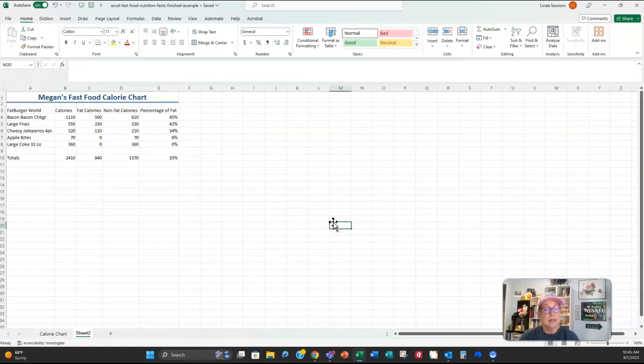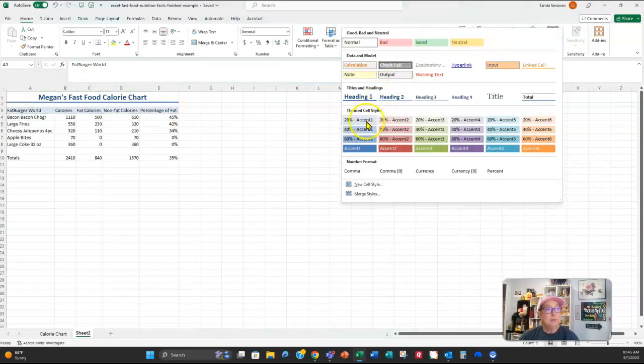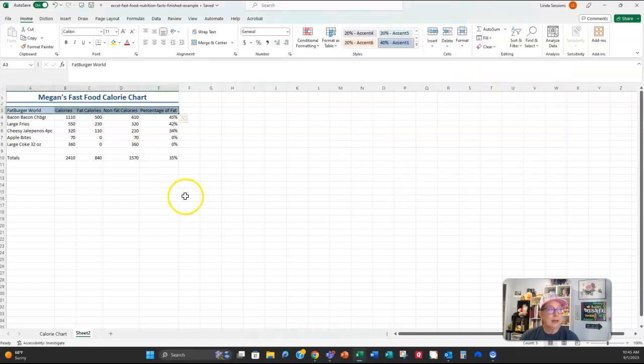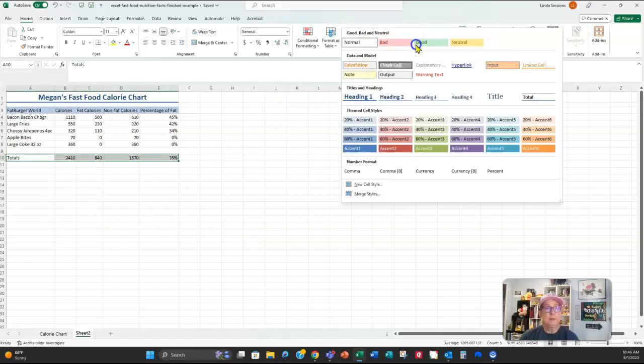So I've got my title. How you want to format this is your own personal style. Just want to make sure that you go back and format it. So for my headings, again, I want to format them. So I'm going to come over to my Styles, and I'm going to do this accent one 40%, just kind of like that one there. And then for my total row, I'm going to actually come over here and I'm going to make that my